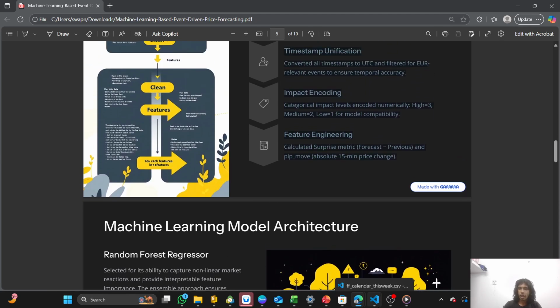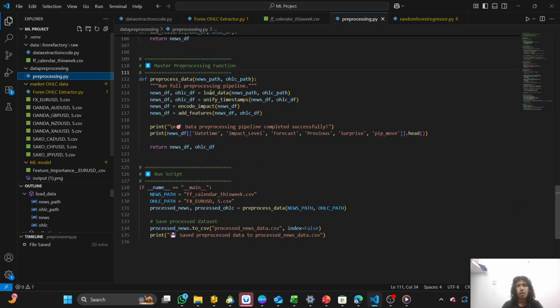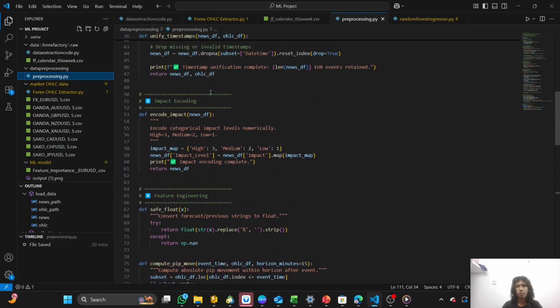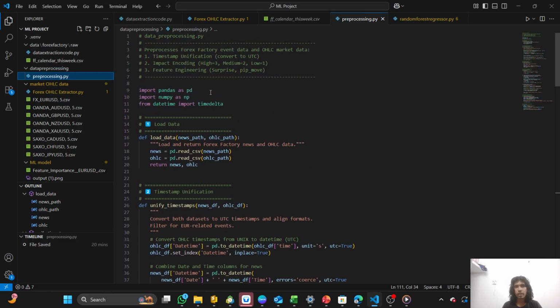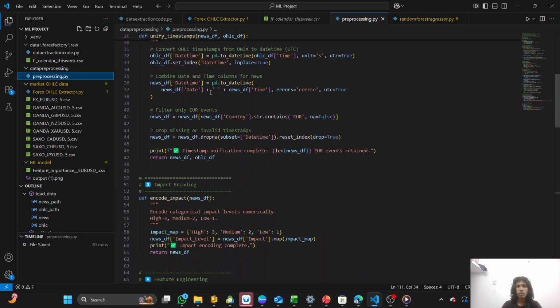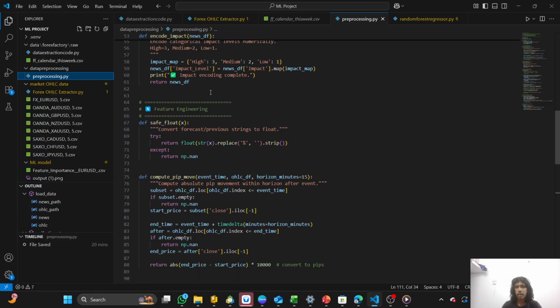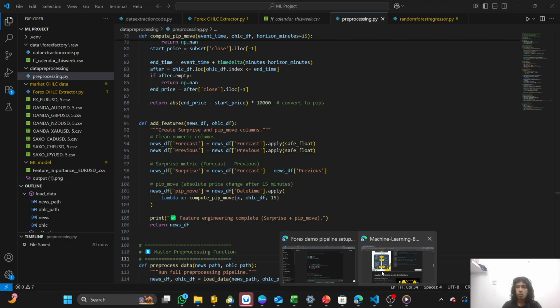So we have this code for data pre-processing, and this code ensures all our three tasks are done: time unification, impact encoding, and feature engineering. With this code, we have pre-processed our data and stored it in a CSV. Now we'll move to the